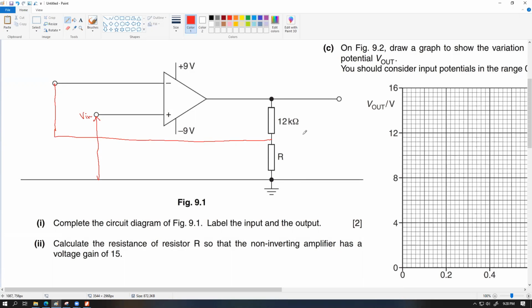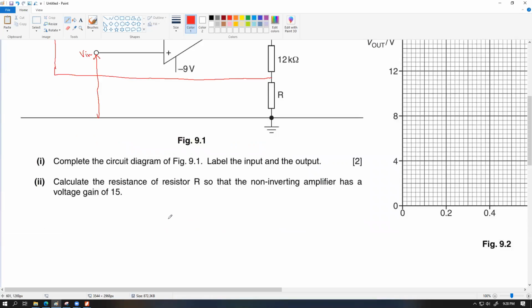That's basically it. That's the circuit. Circuit আঁকা হয়ে গেছে। Calculate the resistance of R, if the non-inverting amplifier has a voltage gain of 15. So এখন 15 gain হতে হলে আমাদের ইকুয়েশন খুব সিম্পল। 15 equals 1 plus 12 into 10 to the power 3 divided by R. এটা হিসাব করে দেখো তো R কত আসে।